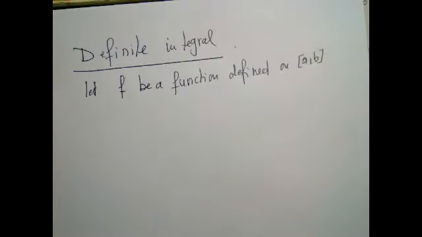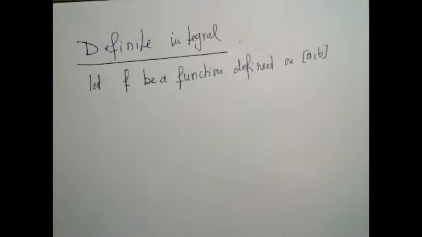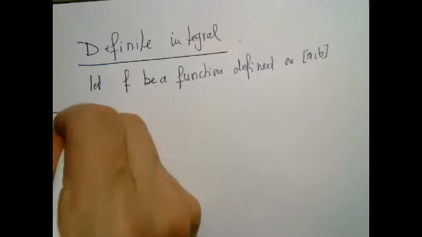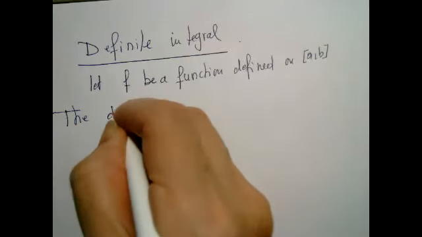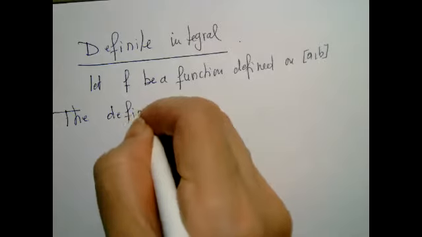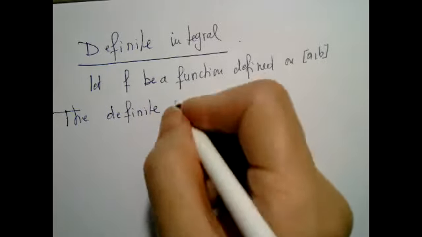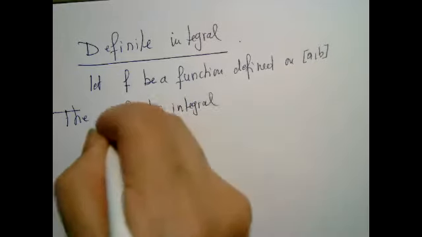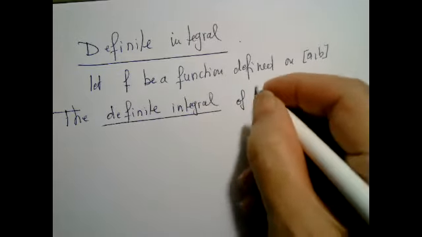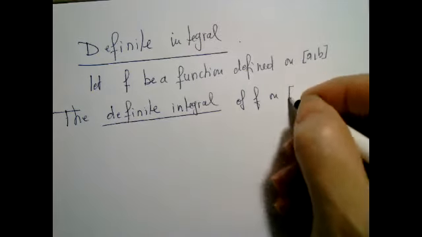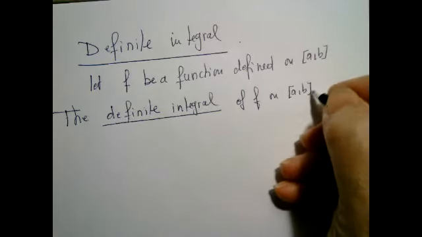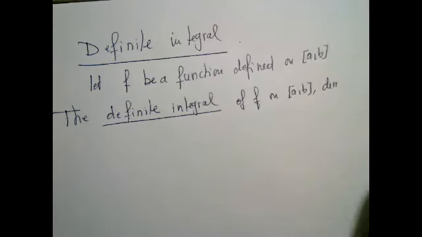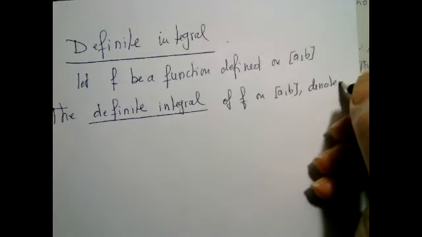And that's crucial now. I'm not assuming that my function is positive. Then the definite integral of f on the interval AB, which is denoted by